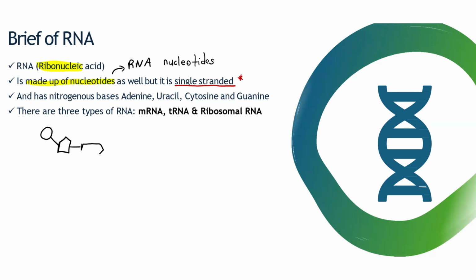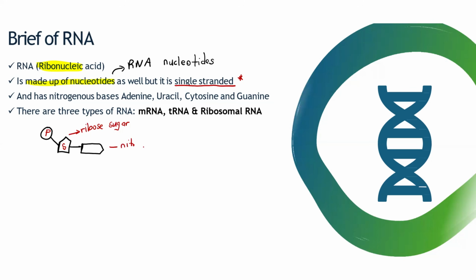So now let me just make these diagrams, okay? So we still have a phosphate group, just like in a DNA molecule. But the sugar that we have got in RNA is no longer just a deoxyribose. It is now known as ribose sugar. This is known as ribose sugar. So that is the difference between the sugars of DNA and the sugars of RNA. The sugar that we find in RNA is ribose sugar, but the one in DNA is deoxyribose sugar. Then we still find a nitrogenous base here. We still find a what?